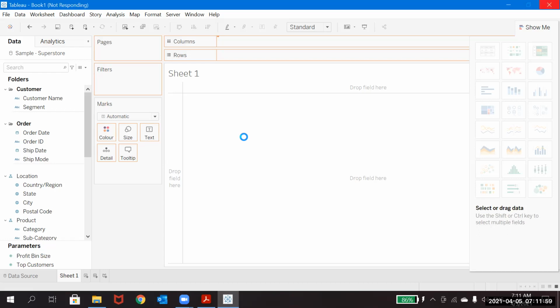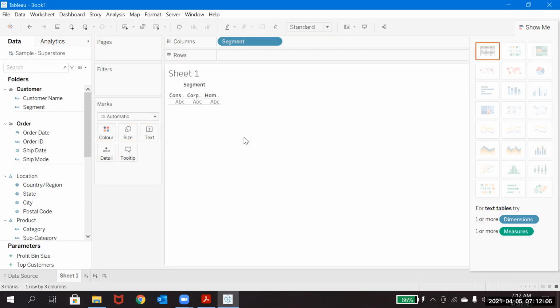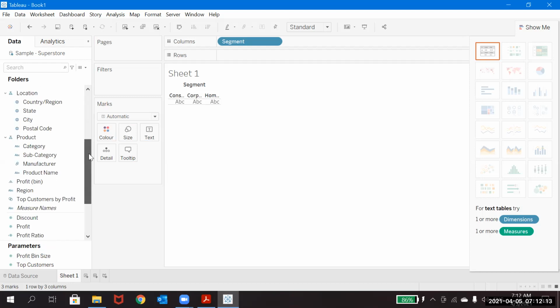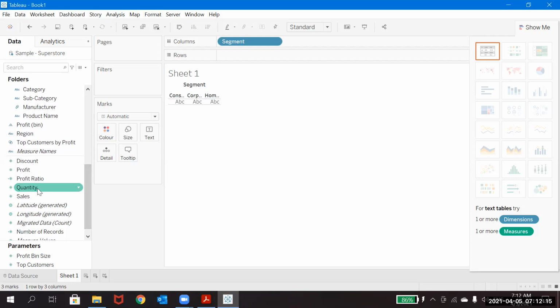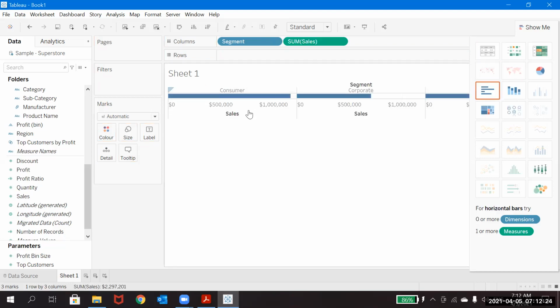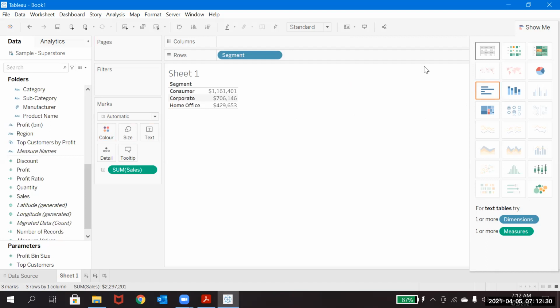Okay, one dimension I have taken. Now I'm going to take one measure value. See, I'm just keeping both side by side, not one by one. So this is not the actual text table that we are looking for. If you click on this, then it will form a text table.